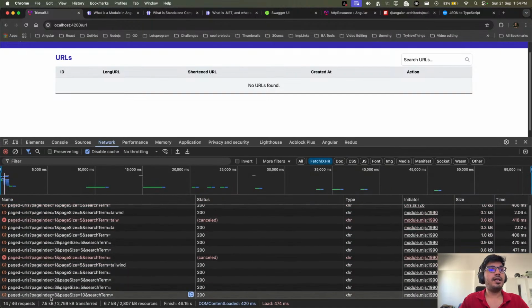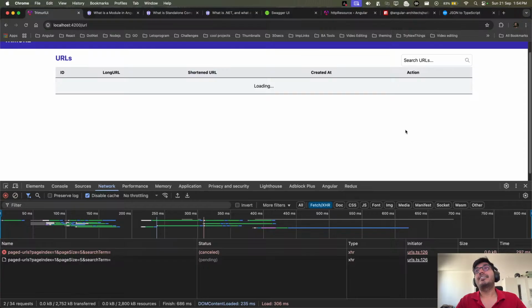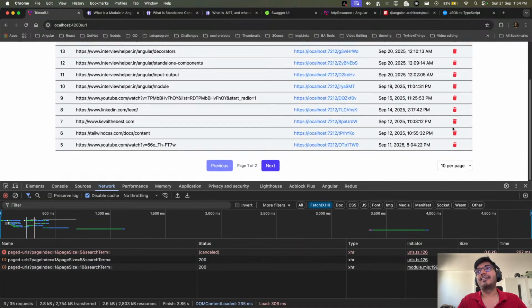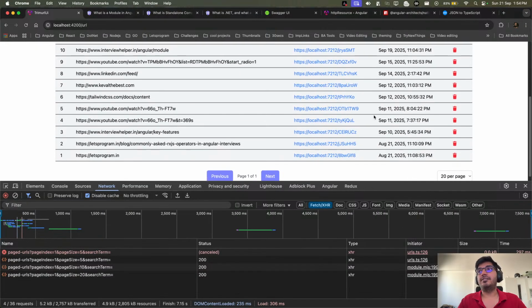Yeah, something has broken, because I am on page index 3 and page size is 10. Okay, so there is still something breaking there. I need to fix that. Thank God I'm trying to figure out all sorts of bugs I can get. Okay, if I say page size 20, yes, it's good.